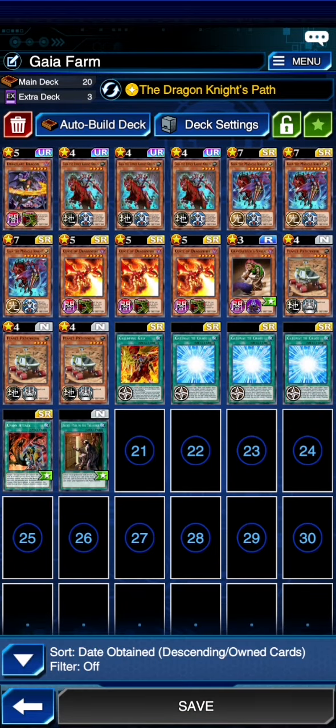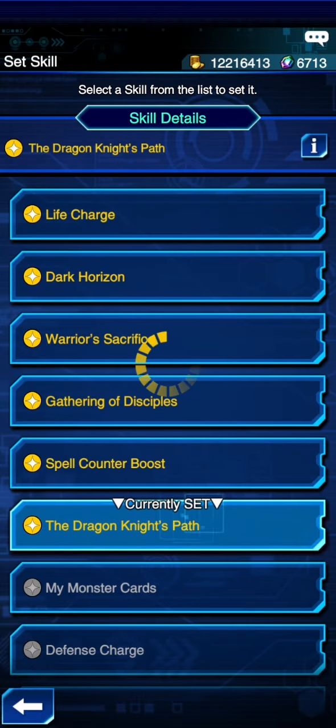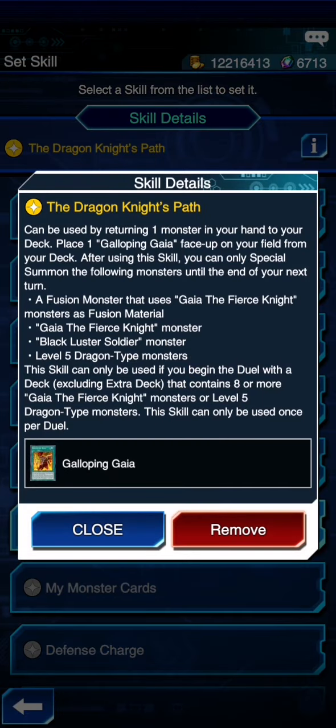That is all that is required in order to perform this, and you want to use the skill, the Dragon Knight's Path, which can be used once, sorry, not even once per turn. Return a monster from your hand to your deck to place Galloping Gaia face up from your deck onto your field. After using this skill, you can only special summon the following monsters. A fusion monster with Gaia the Fierce Knight as a fusion material, Gaia the Fierce Knight, Black Ossa Soldier, level